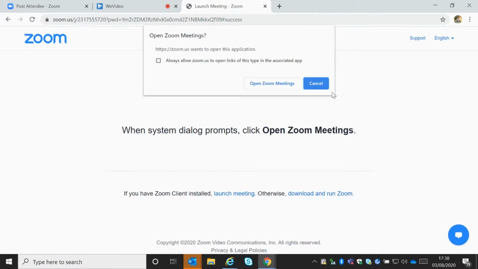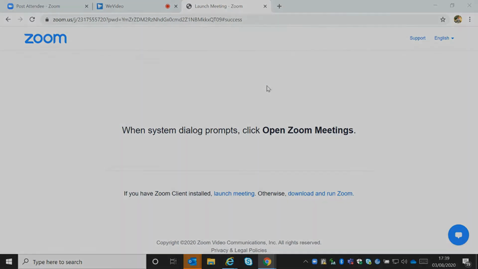essentially the little square boxes that appear on your screen prompting you to make a decision. In this instance, I'm being asked if I definitely wish to open Zoom meetings. You may be given alternative dialog boxes, and this is just to make sure that you're trying to perform the action as it's shown on screen. So here I'm going to confirm that I do want to open Zoom meetings and wait for the client to